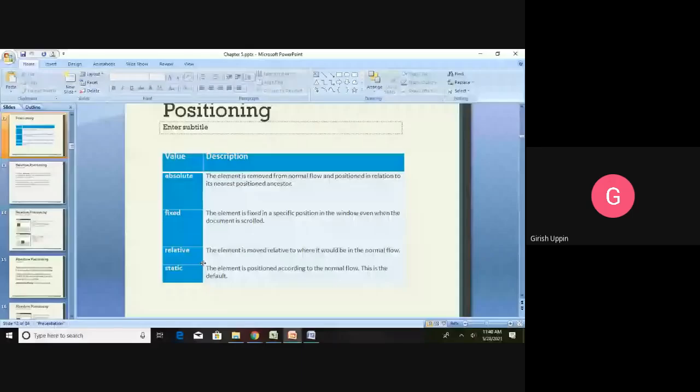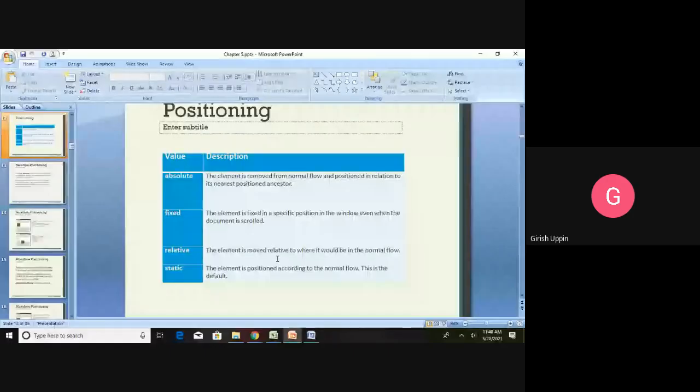Relative, the element is moved relative to where it would be in the normal flow. So if we just had the normal flow, wherever that particular element would be positioned, with relation to that position, that is relative.